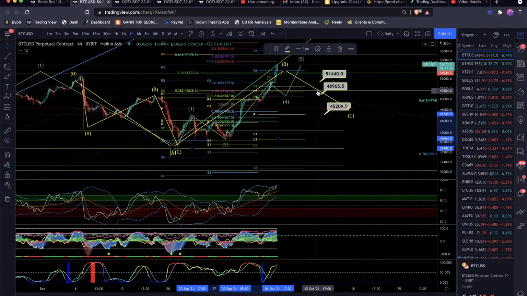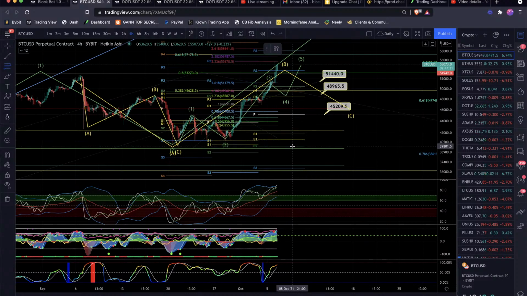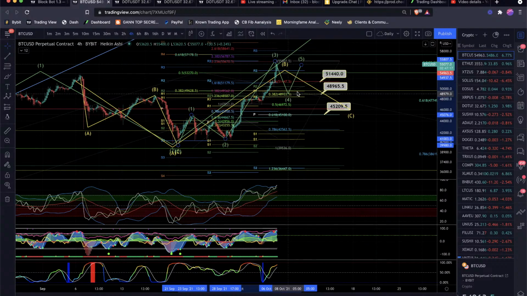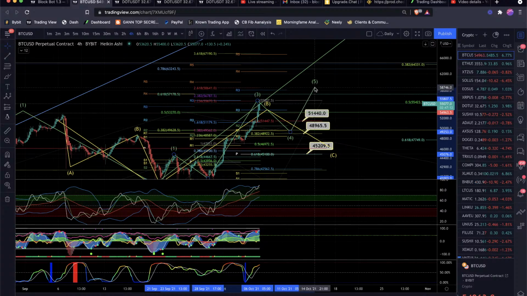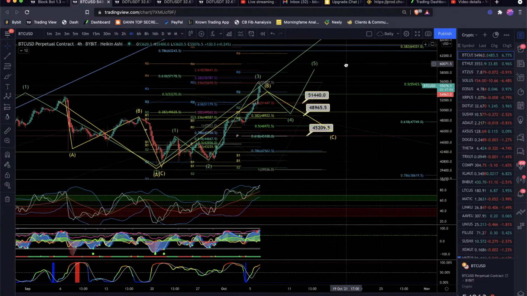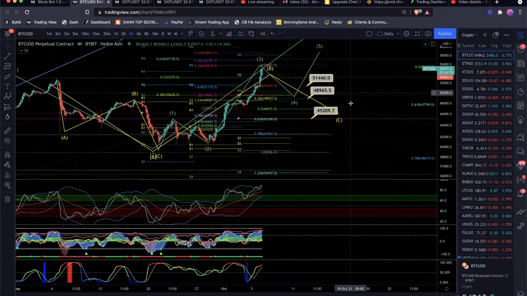So from a pullback perspective, if we did a fib retracement, that's where I got these, but basically the 51.5 down to the 48.9. If this is basically going to be our third of our 4th wave correction, and then potentially an extended, a little bit, I guess it would end up being truncated at that point for us to get back up and retest somewhere around that 60K mark, 65K for the weekly resistance point.